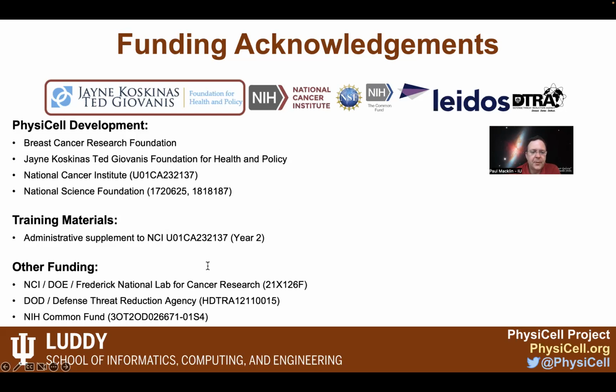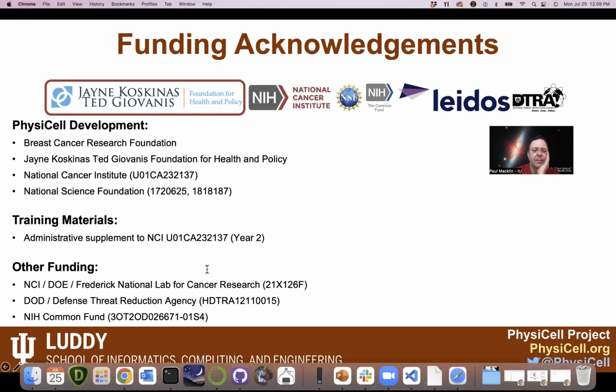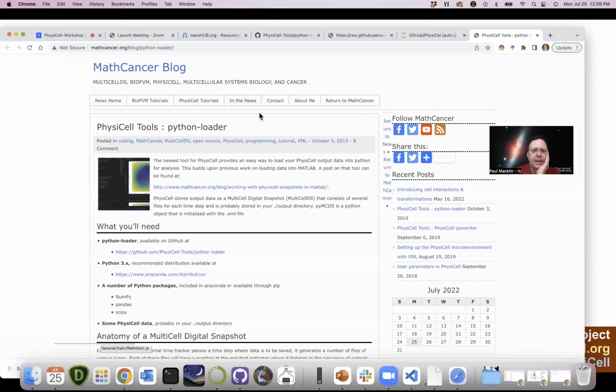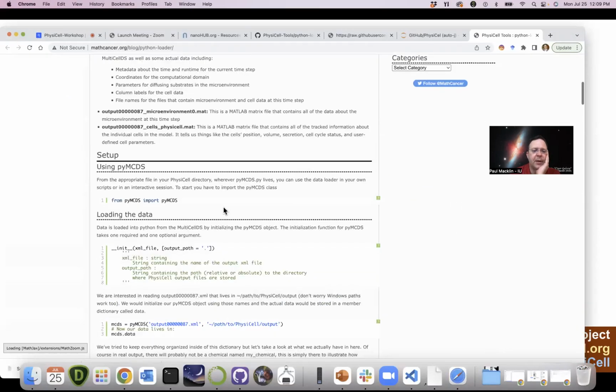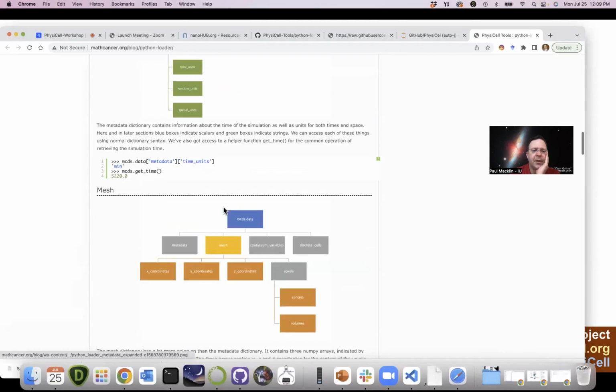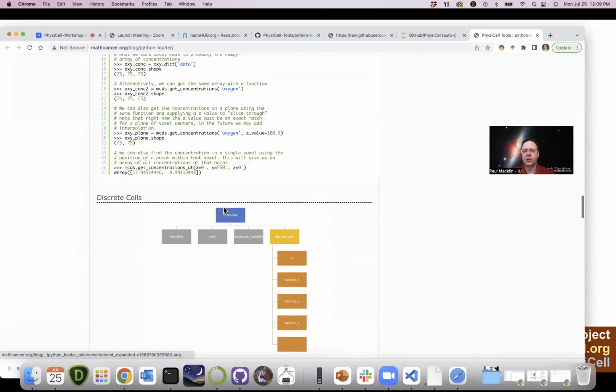And then Randy points out that there is some documentation on using Python loader also on our blog. Thank you for reminding me on that, Randy. So do look on that link. There are some full run-throughs on how to use Python data loader here on our blog, and I think